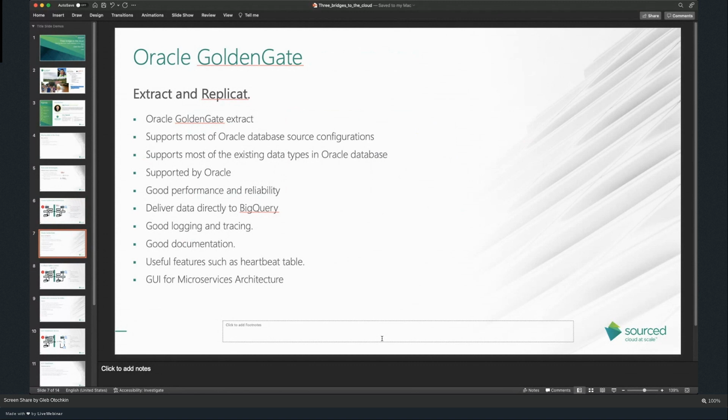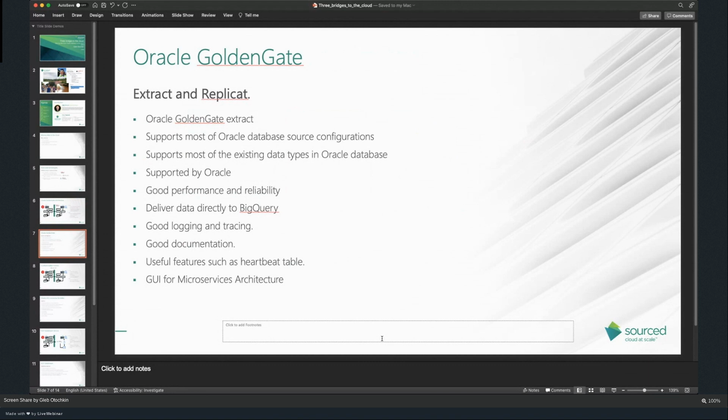But again, it is, of course, possible. It supports most of the existing data types, and it is quite different from some other engines, even if it is based on LogMiner technology in some sense. It works with more data types than most other technologies based purely on the DBMS_LOGMNR package.